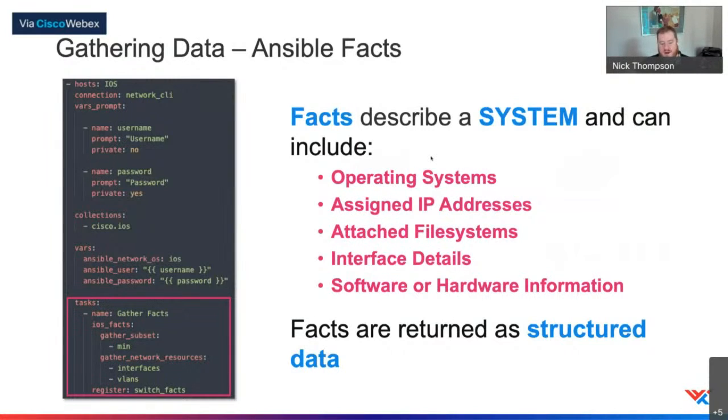And the really interesting part is that facts are returned as structured data, so I can consume them at a later date, right? So I may need to gather something from a system, and we'll get into how we reuse data that we collect. But in this example on the left, I'm using an IOS facts module, and depending on the